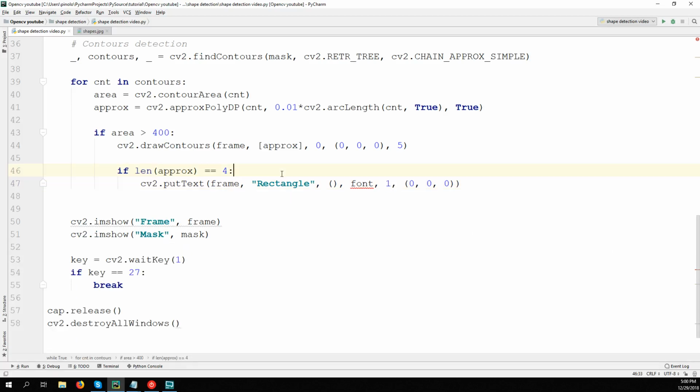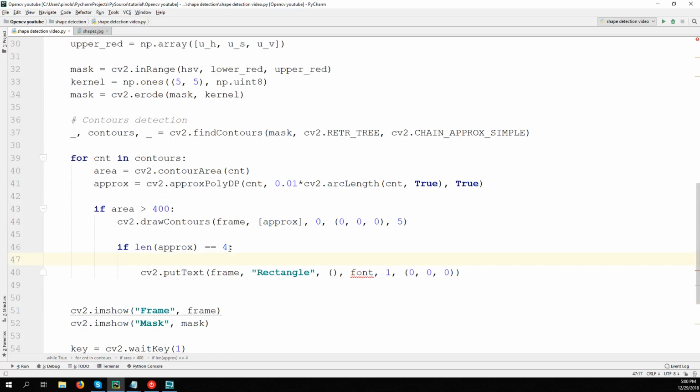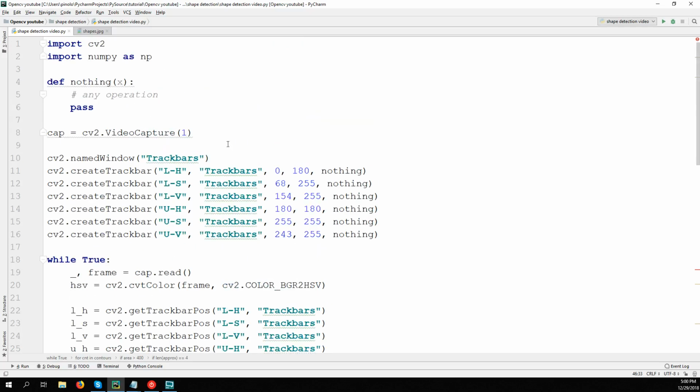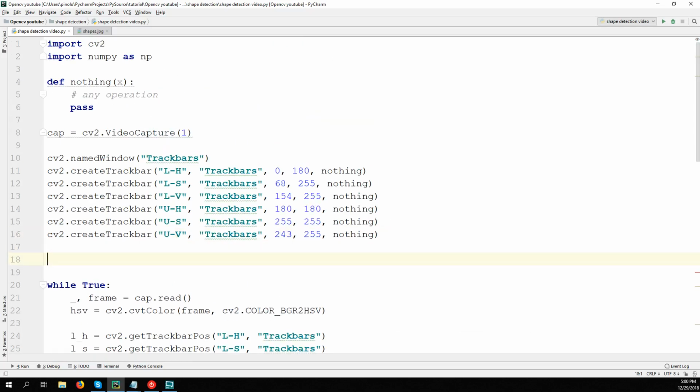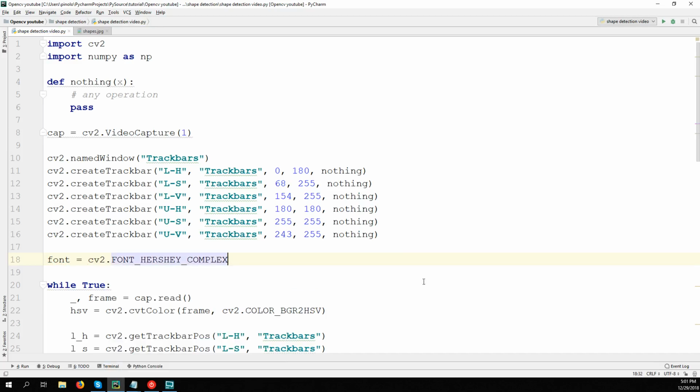Okay, let's define the font before the while loop. We could define the font here, but as the font is only one, we will always use the same. There is no point to define it each time inside the loop. It's only a waste of resources. So somewhere here after trackbars, for example, we can say font is equal to cv2.FONT_HERSHEY_COMPLEX. You can use whatever font you want. I will take the first one,